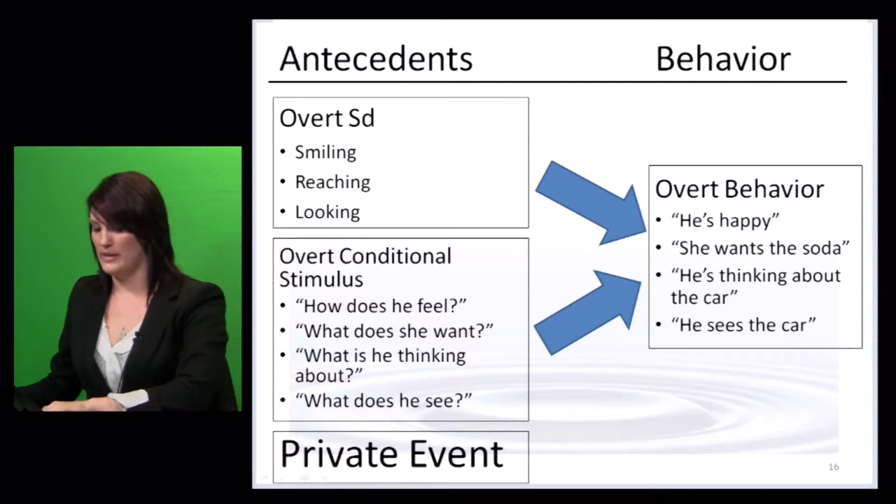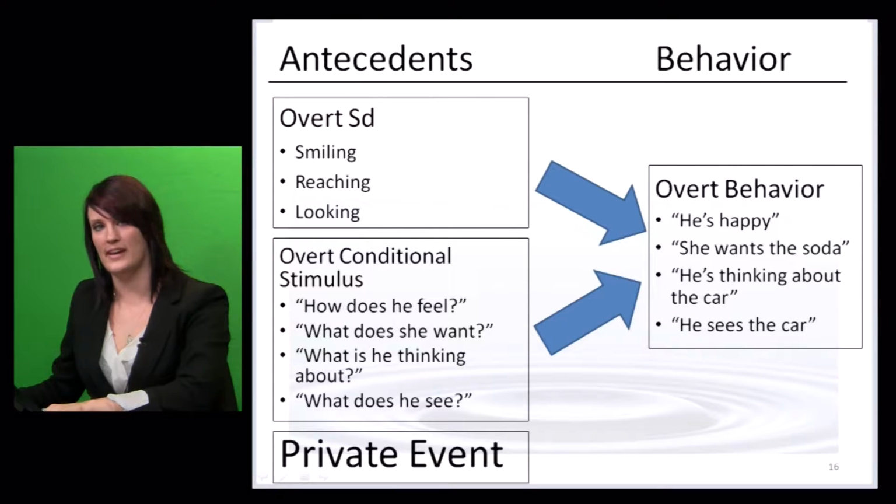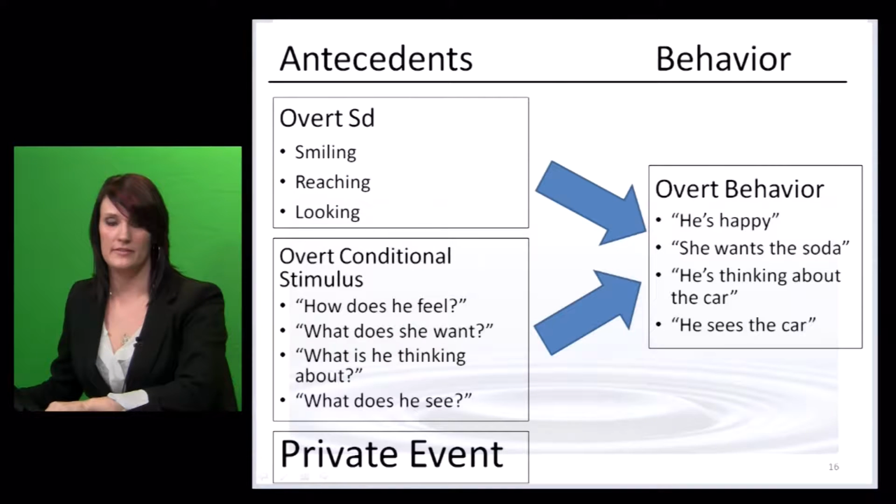It's worth noting that the behavior by definition cannot actually be a tact. We may sometimes refer to this as a multiple tact or a part tact or an intraverbal. But it's not a pure tact because we cannot tact the person's private events. So the probability that the perspective-taking response is actually accurate depends on the frequency with which the overt stimulus actually occurs at the same time that the private event occurs. And this is what the perspective taker is actually inferring.